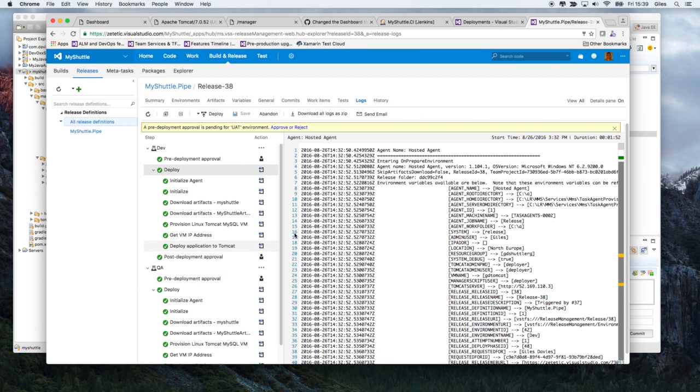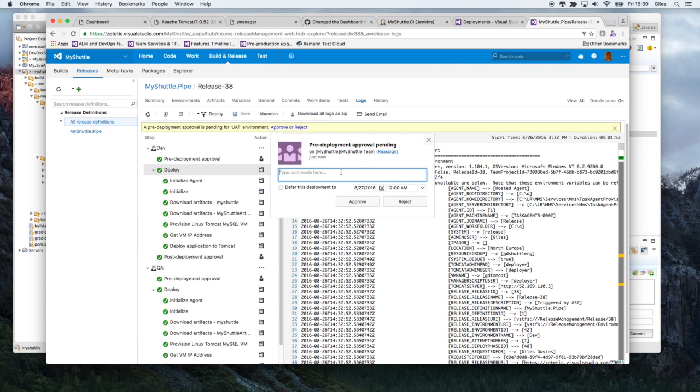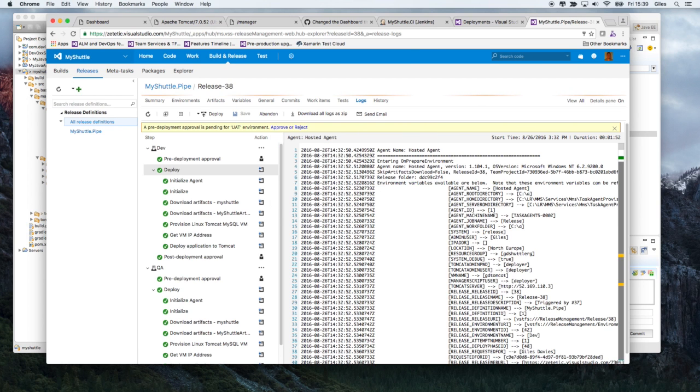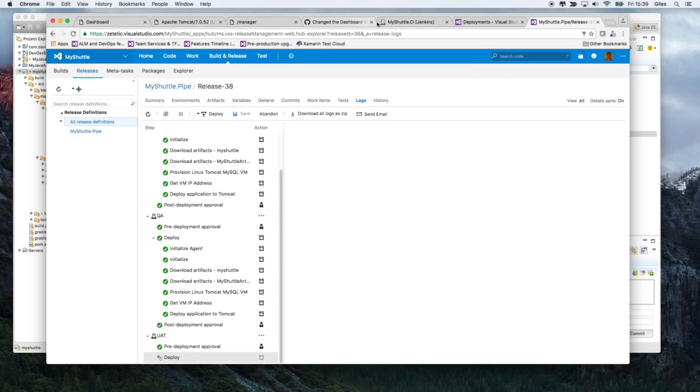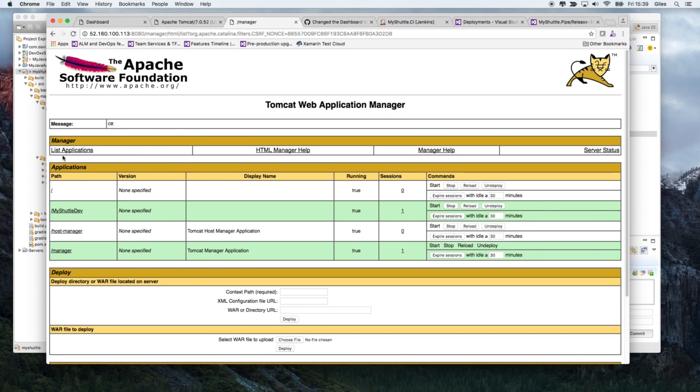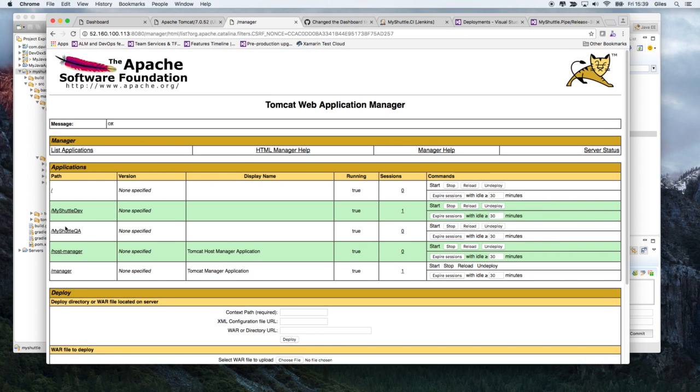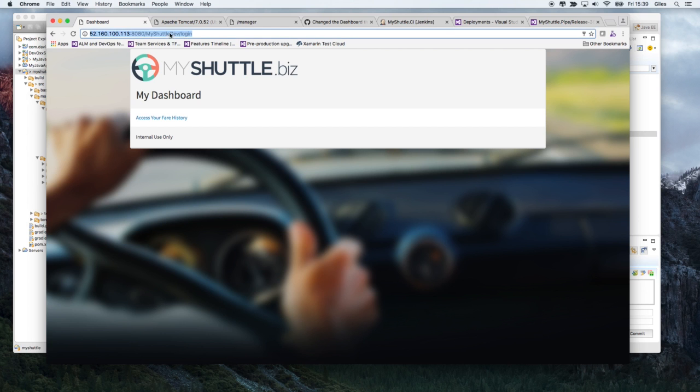So this is now deployed into QA. I'll jump the gun a bit, assume it is all right, but let's kick off the deployment for production. UAT, sorry, in this one. So approve UAT and kick that off. But what I'm going to do is let's go and look at the applications that are here. So that's now added in my Shuttle QA. And if I go back in, let's change that